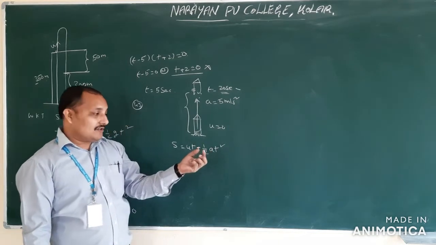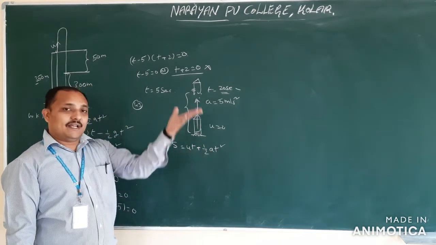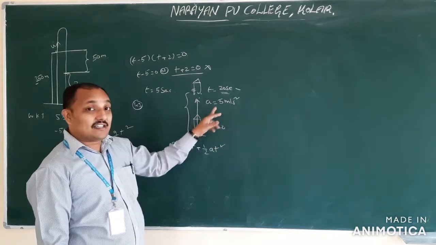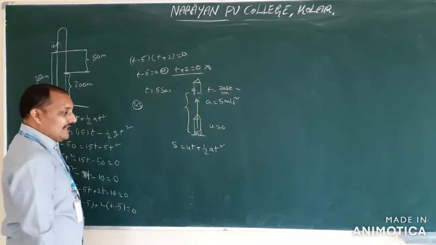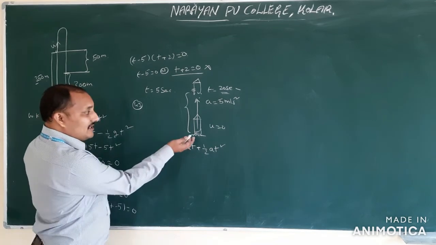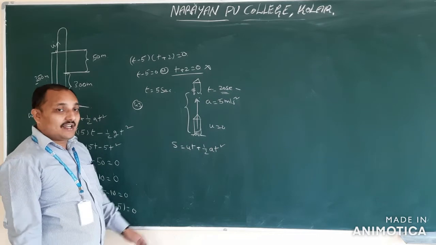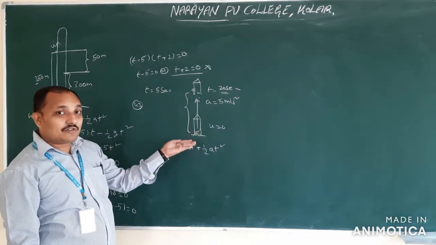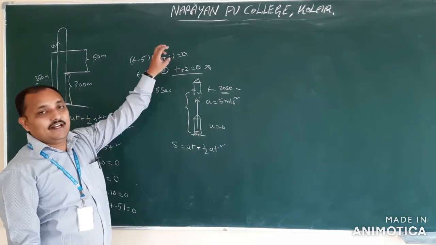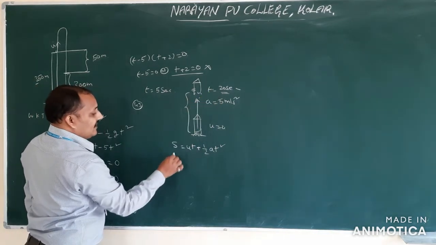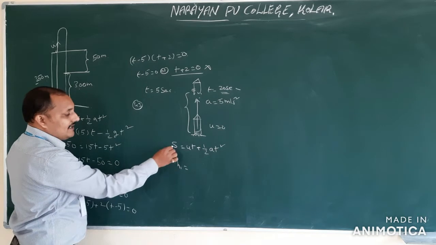The balloon case also: whenever we leave a balloon, it goes by itself. If the balloon is moving with some acceleration, you should take the acceleration value positive, not negative. Up to now, when our object was going upwards, we took negative. But in this case, we should not, because we didn't throw this rocket upwards. By itself, it is going. Therefore, in this first 20 seconds, we take H1 or S1.